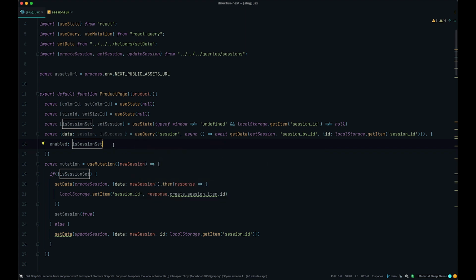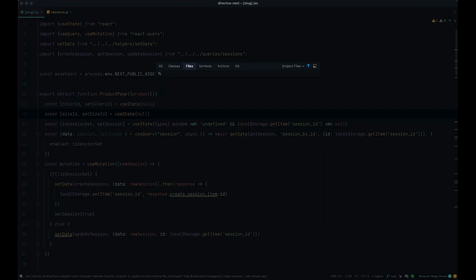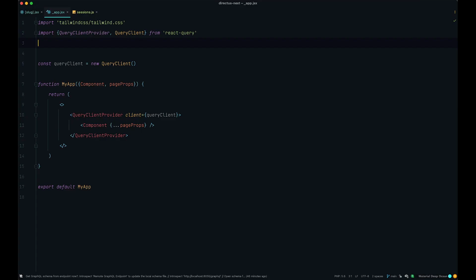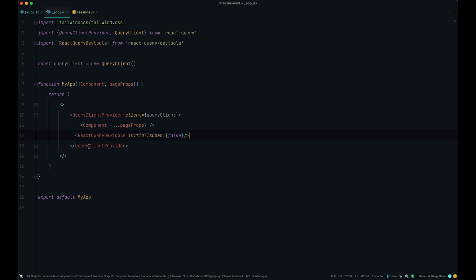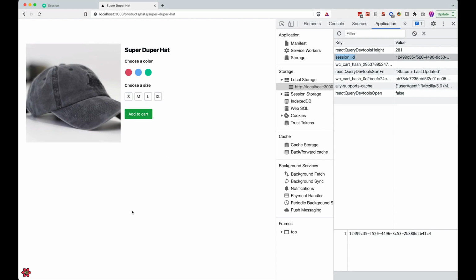So if I save this, we can take a look at it by using React Query DevTools. So open up your app.js file, import React Query DevTools, and then just set this here. So React Query DevTools initialIsOpen is going to be false. Save this, and if we go to our browser, now we have this icon right here,